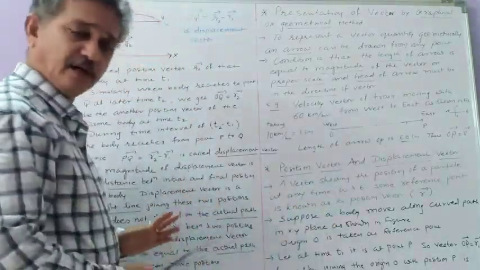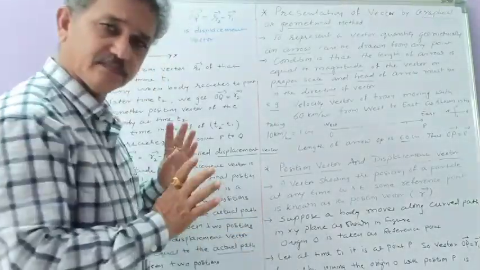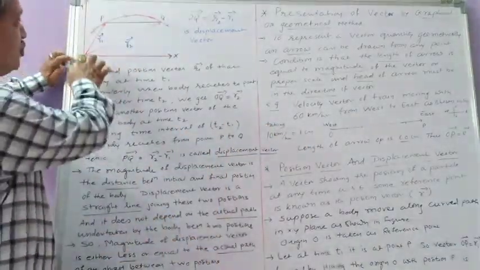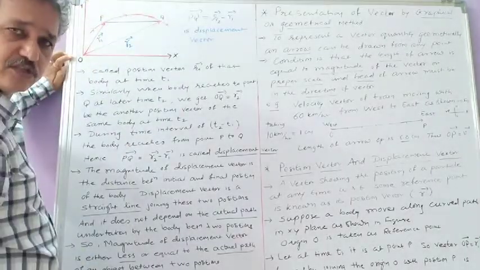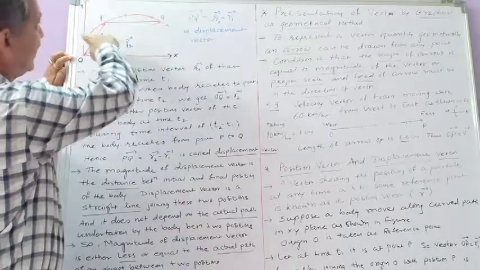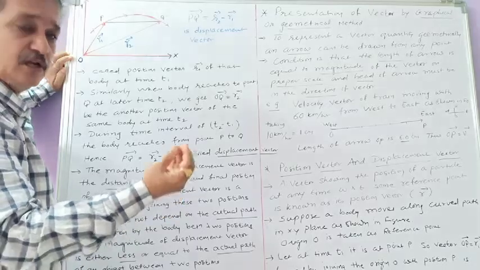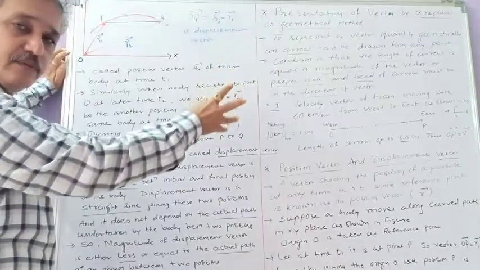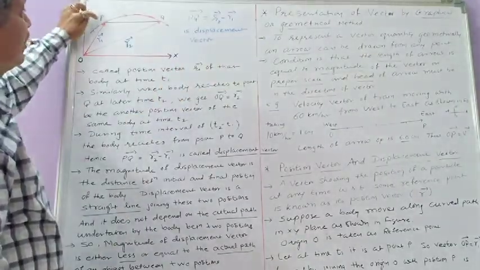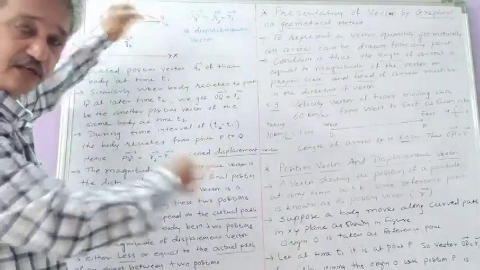Now let us see how we can represent it. Here I am considering one particle in motion in the xy plane, as I have drawn. This is the origin, this is the x-axis, this is the y-axis. The particle is moving along this curved path, as you can see in the diagram. It is just like when you consider one little stone and throw it like this; it is moving in the xy plane. As it moves, let it arrive at a point P at a certain moment, then it comes to the point Q at another certain moment.